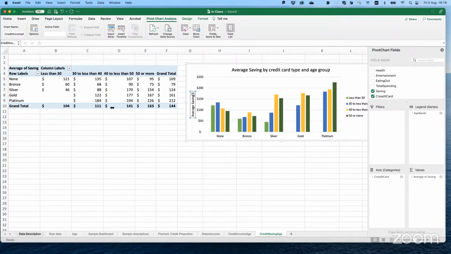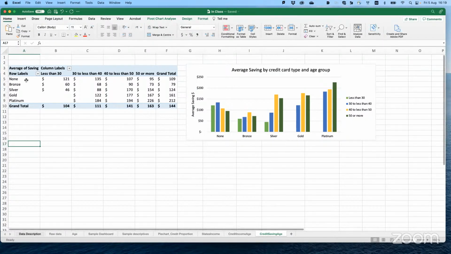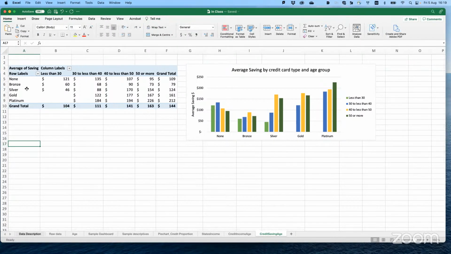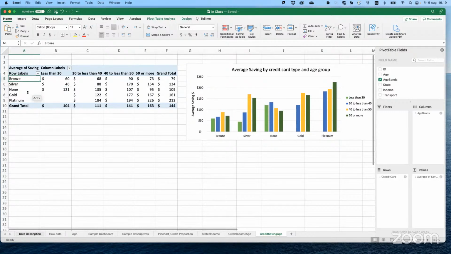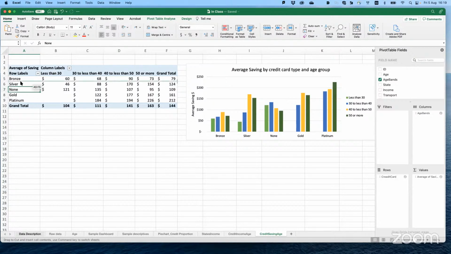So to answer the question, something that is important is changing the order of rows or columns. You select one of the rows, you move the mouse a bit so it changes to a hand. When it is a hand, you take it, drag it down, the order is changed. Then you take the other one and put it back up. So that's how you change the order. Any questions?